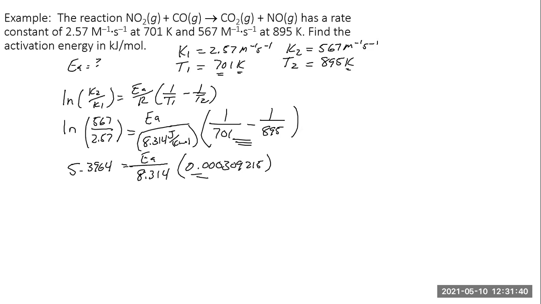So we're going to multiply the 8.314 to the other side. We're also going to divide by the number that's 0.0003. So if we do that, we got 5.3964 times 8.314. We're going to hit equals. Then we're going to come back and divide by the 0.00030925. That's going to yield us an activation energy